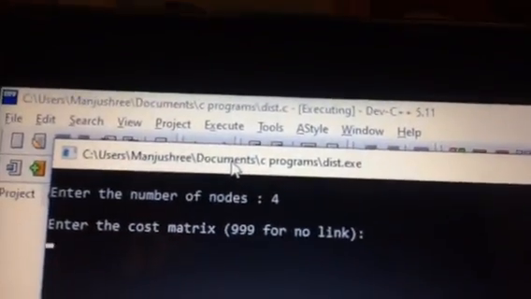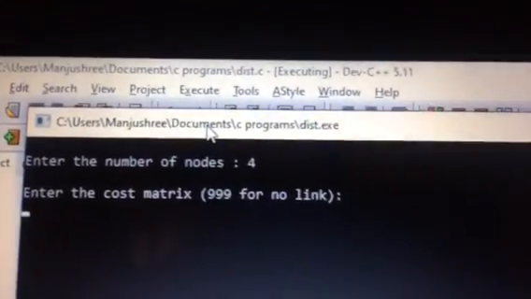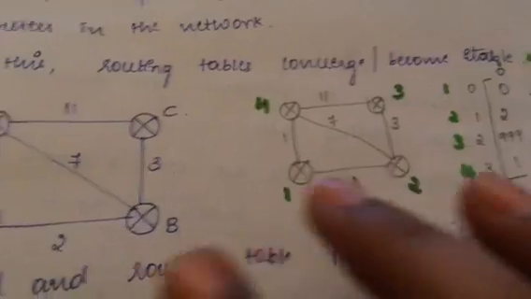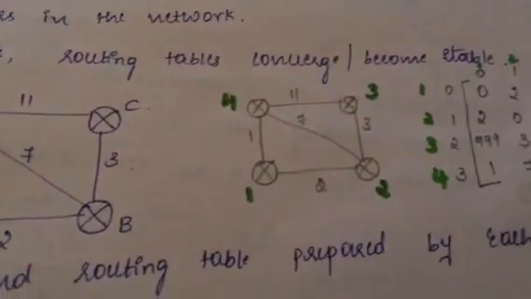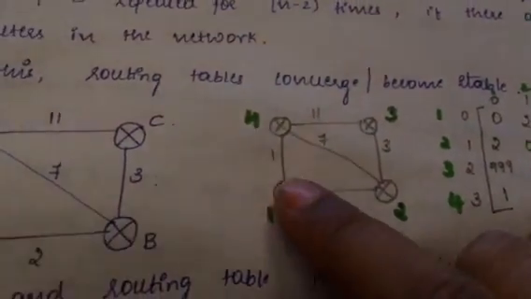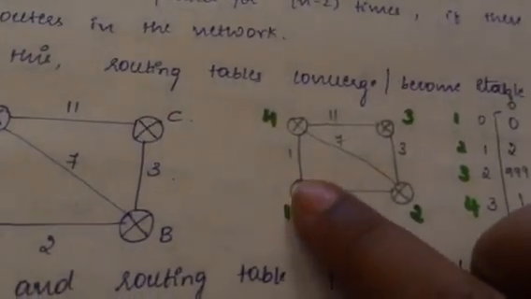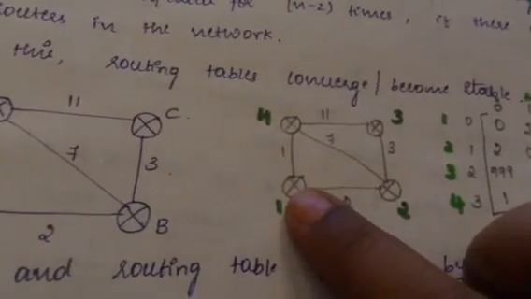You have to enter 999 if there is no link. Okay, so now understand the router diagram here. You can see from the same diagram, instead of an alphabet, the number has been put here. From 1 to 1 means the same path, the same route. It is put with 0.